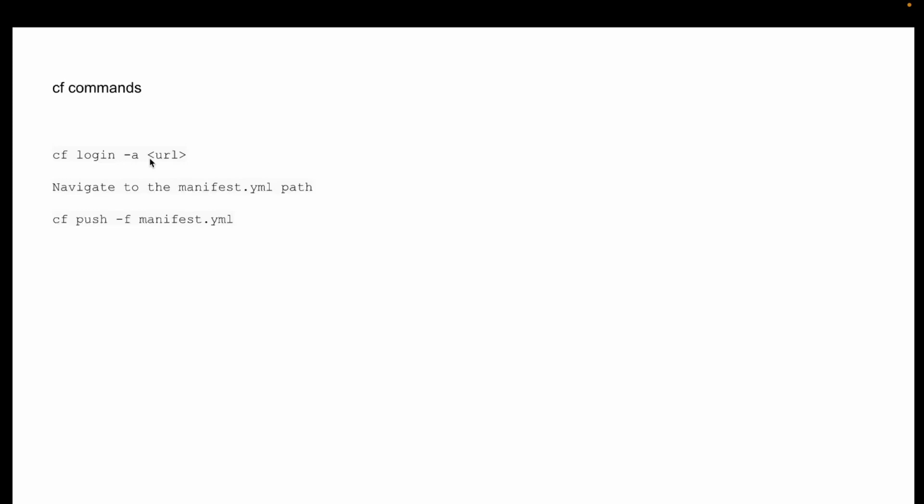And once you hit this login, means after this first command, it will ask for your username and password. So whatever username and password you have for connecting to your company's cloud environment, you can provide that. And after that, on your local Cloud Foundry client, you have to navigate to the manifest.yaml path, and from there you need to run this particular command: cf push -f